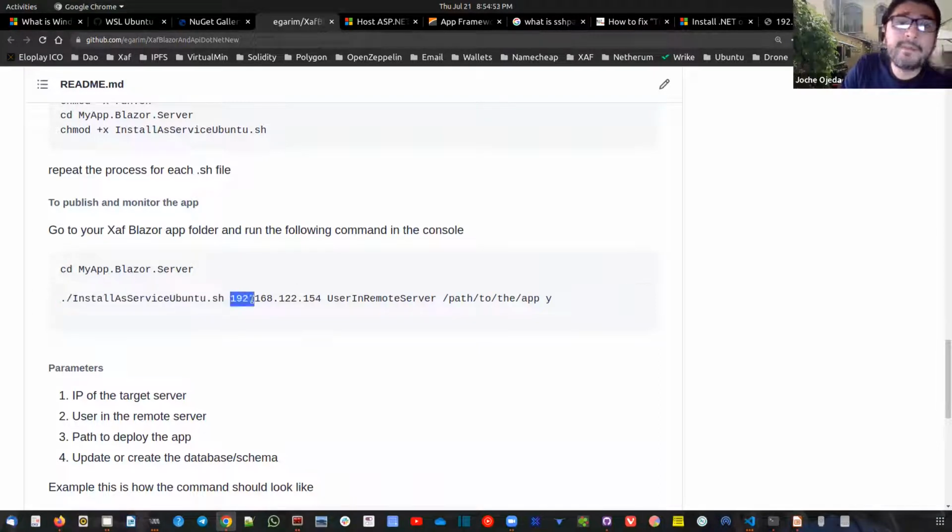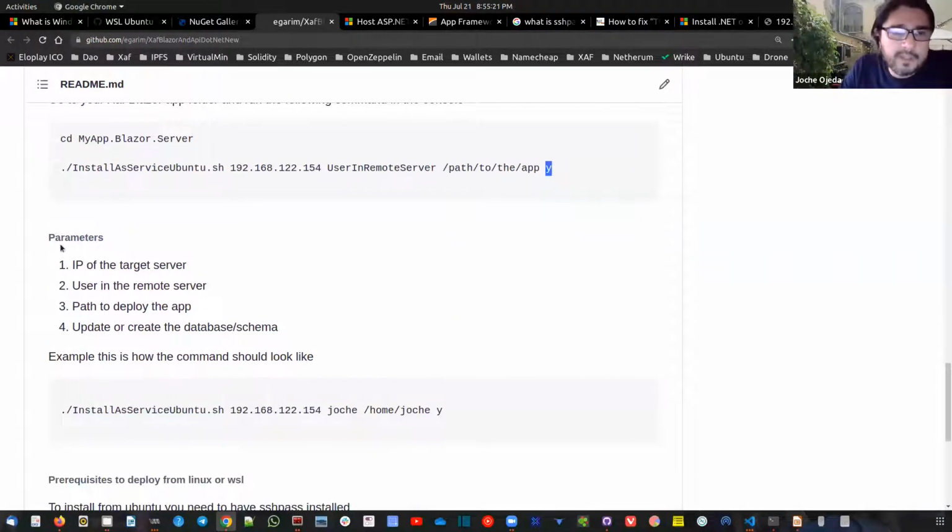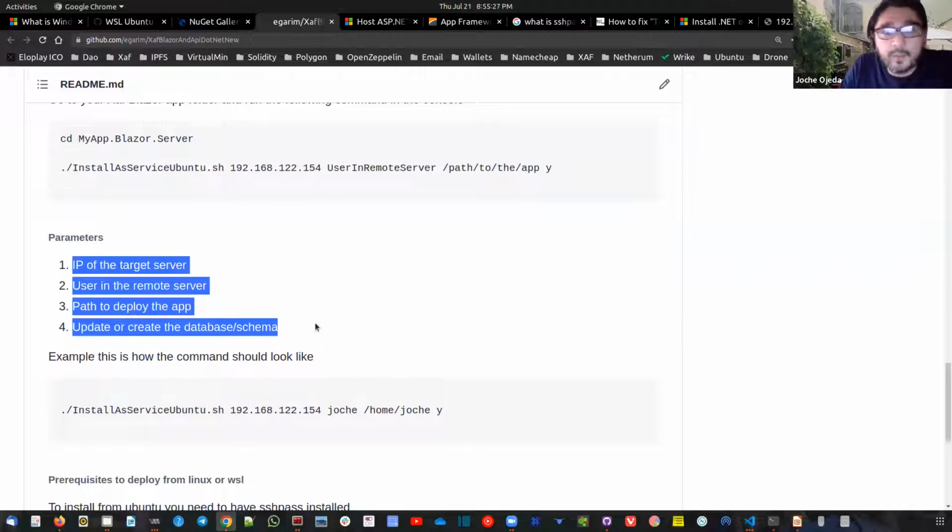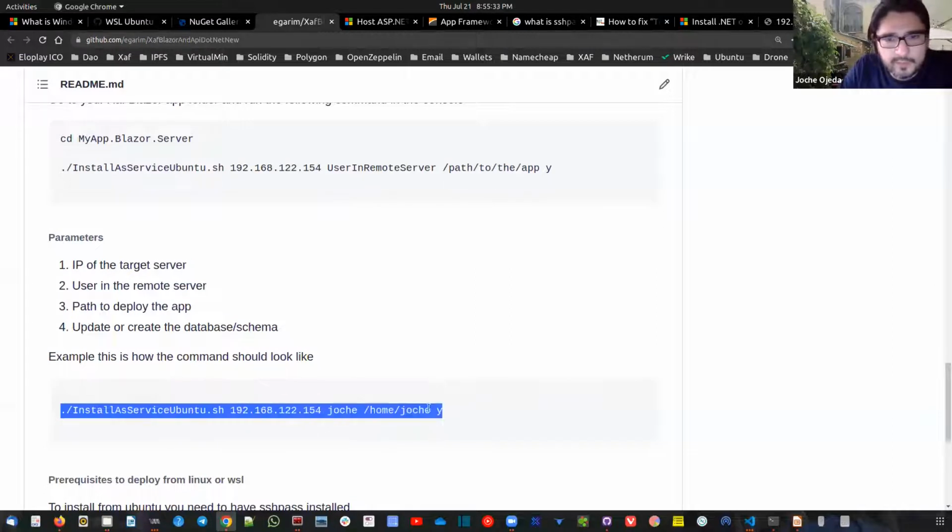Then the IP or the host name or domain of the server, the user on that server, the remote user that you want to use to connect to the server and copy the files and run the application. And then the path where it's going to be installed. And then the last parameter is whether you need to run the updater, yes or no. So here you can see what each parameter is. Basically, since I'm super lazy, I'm going to copy this